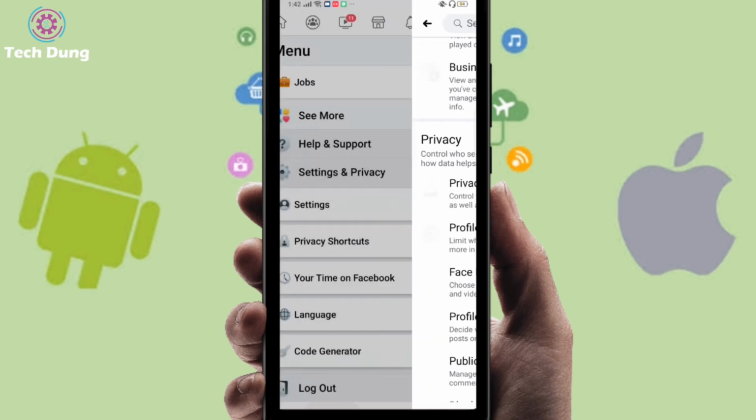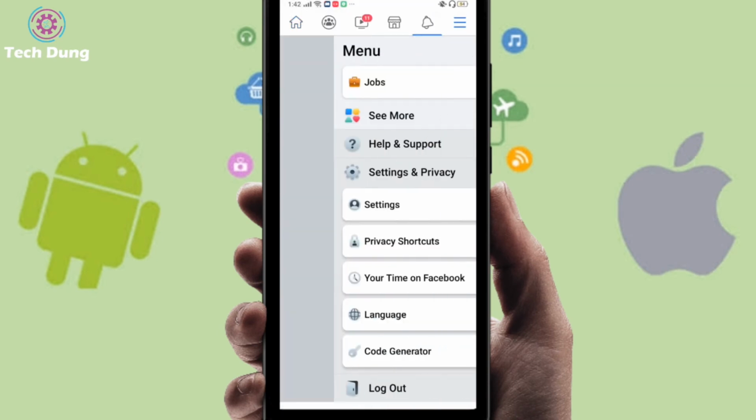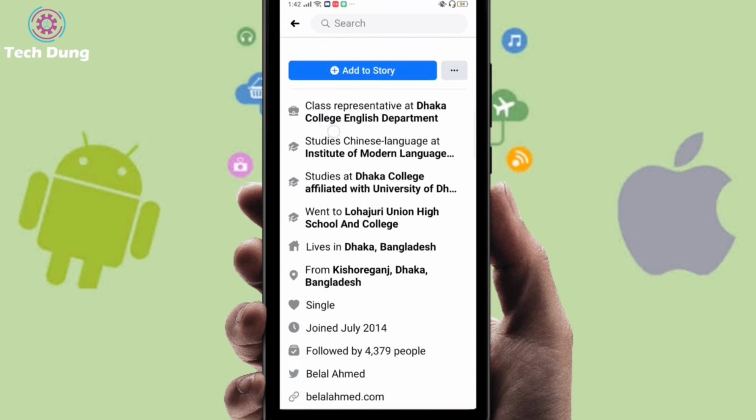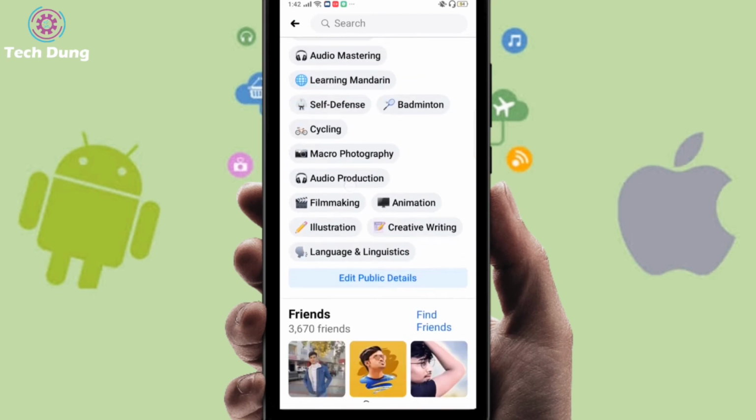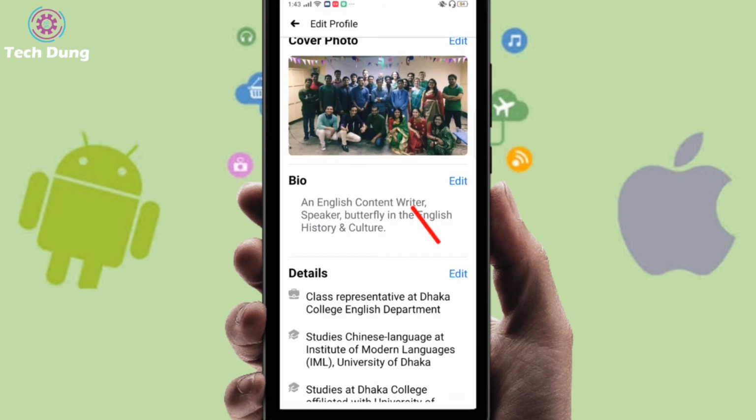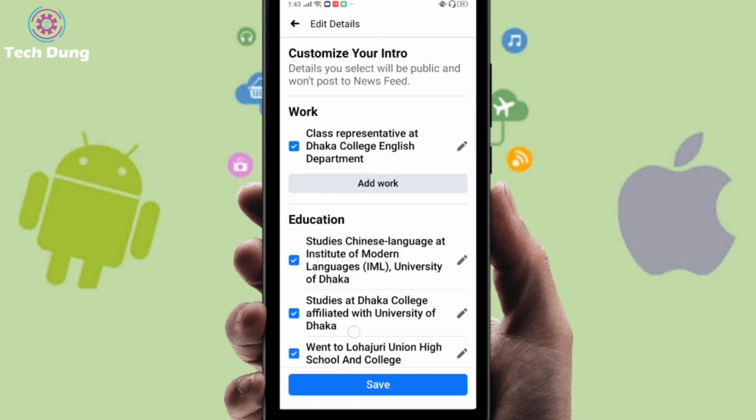Then go back and another setting is that go to your profile. Next you can see here edit public details and you can see here the edit option, so just click on edit. At the